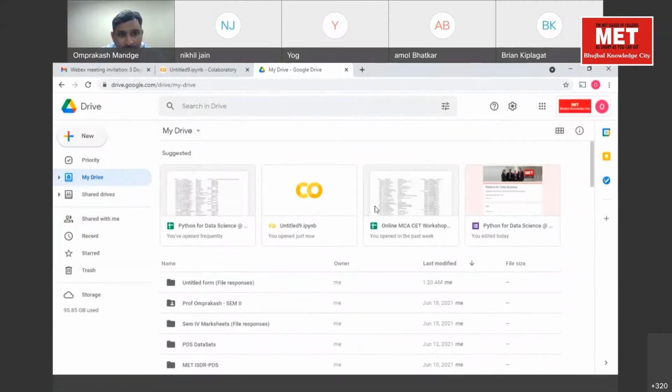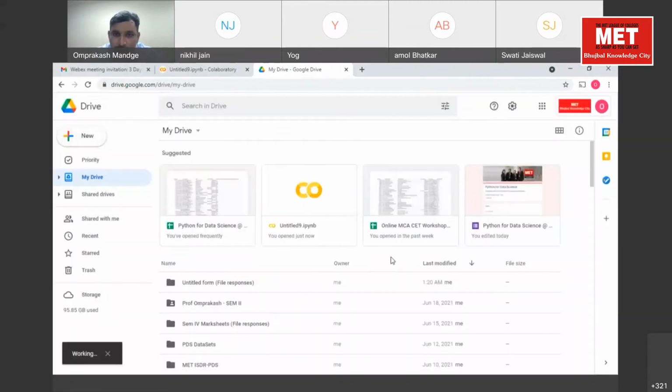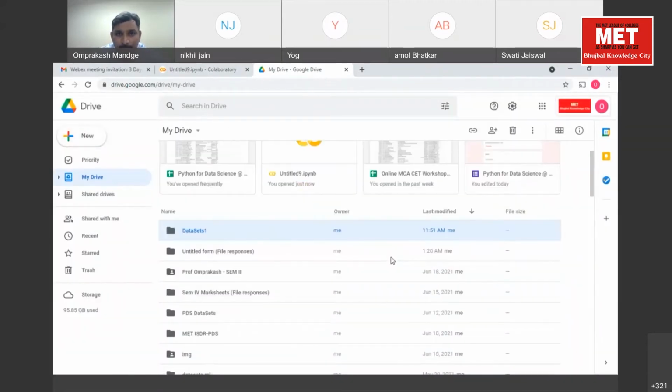So yes, create a new folder and just call it datasets. Sir, when I click on that link you have given, it already opens in the Explorer, and the drive is named dataset itself. We can, but just check, because we have not shared it with you, so you will not be able to access it.